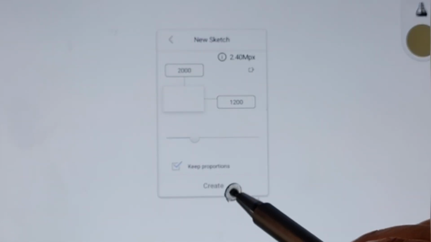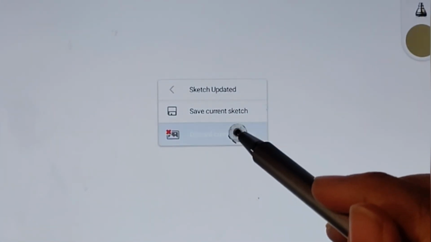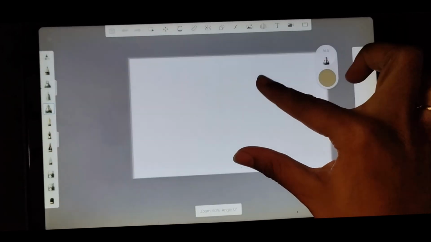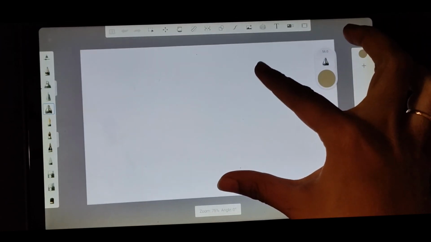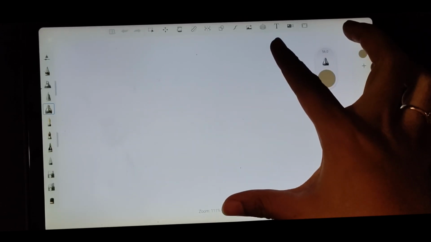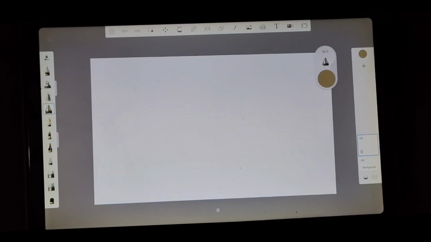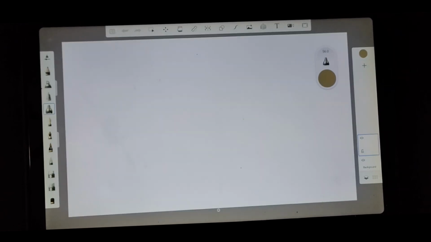This is the thing. I just keep it as portrait and I create. Okay. So, yeah. Here I got my canvas. You can use two fingers to zoom in and zoom out the canvas. It's up to you how big you want to make it, and how small you want to make it. It's up to your comfort. Okay, so I just keep this like this so we can exactly see all the corners of the